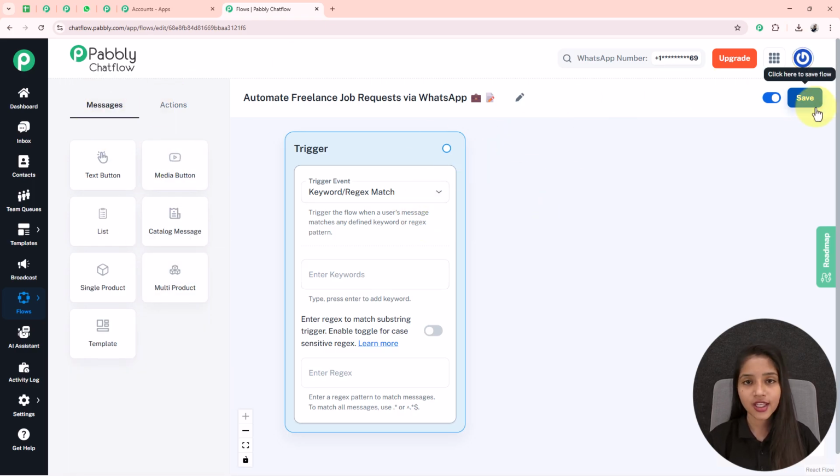Here on the right hand side, you can see two options are there. The one is the active inactive button and the other is the save button. With the help of this button, your flow will be updated. Now let's get started. So for starting the creation of your flow, at first you have to select your trigger